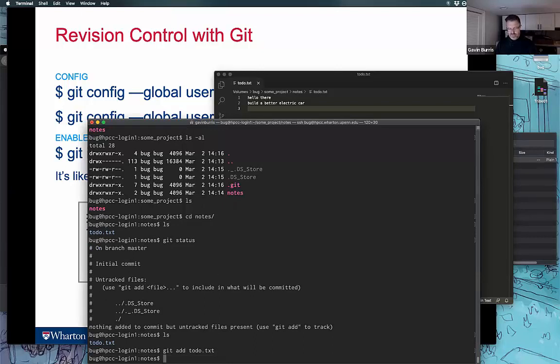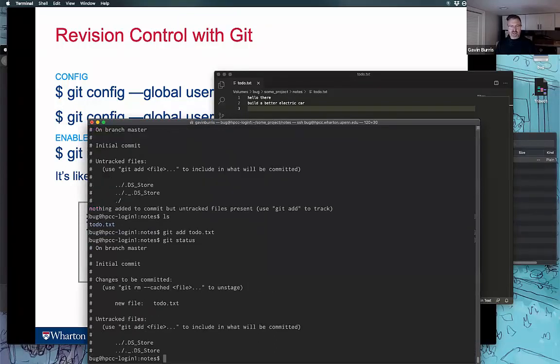And always look at the status. So it says there's a new file, and there's these annoying files here, which I'll get to. And then I'm going to do a commit. So basically you do an add, a commit, an add, a commit. Every time you have a change or a revision of the file that you want to save. You could do that as fine-grained as you want. So we'll do a git commit, and we'll give it a message saying,